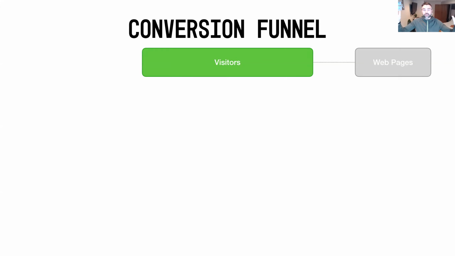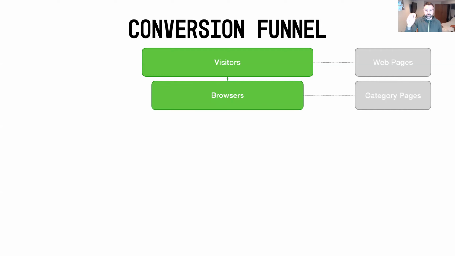Now, this is a pretty standard conversion funnel that's used in e-commerce. Typically it starts with, as I alluded to, all the visitors that visit your website. They visit any particular page on your website, and we count those as a visitor. Now, obviously, visitors aren't actual customers. So what we need to do is encourage those people to look at some of the products or services we have on the site. To do that, we present them with category pages, and we turn those people from visitors into browsers. Category pages could also be search result pages.